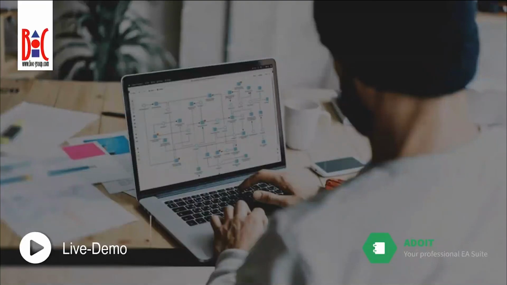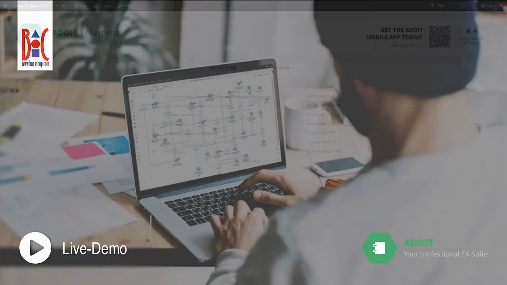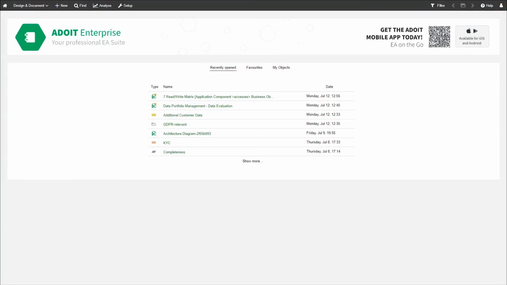This concludes the more conceptual introduction into our topic for this session. We will now proceed with a live demonstration in our enterprise architecture tool at OIT. In OIT, we're going to run through a more practical example of our methodical approach to data portfolio management. We will begin by creating a new data element and gathering some of the core properties of that data. These properties will then be used for analysis of our data, based on which we can derive requirements for improvement